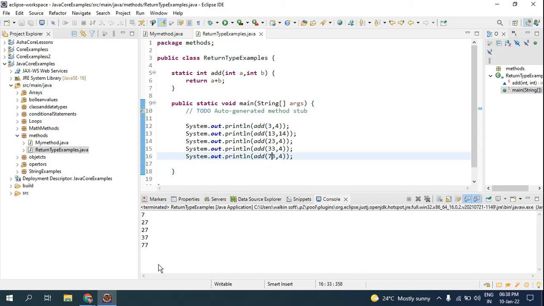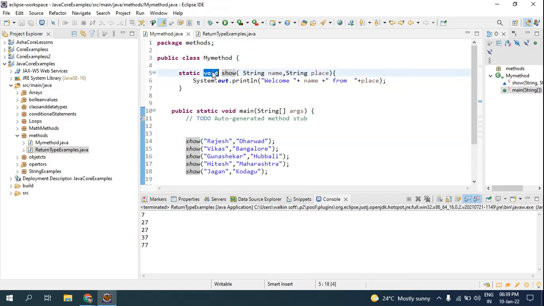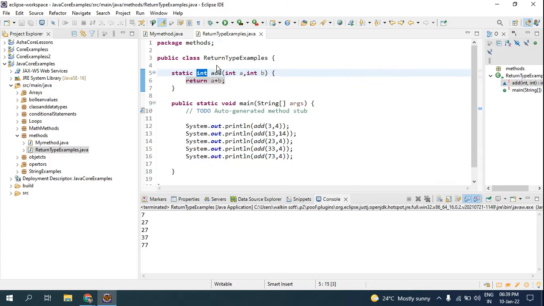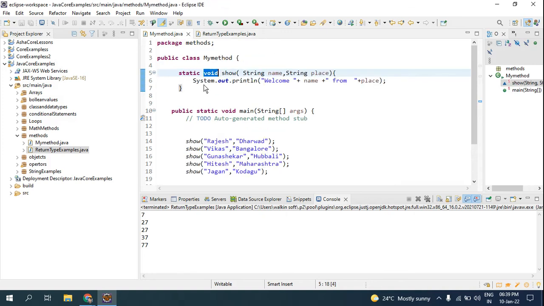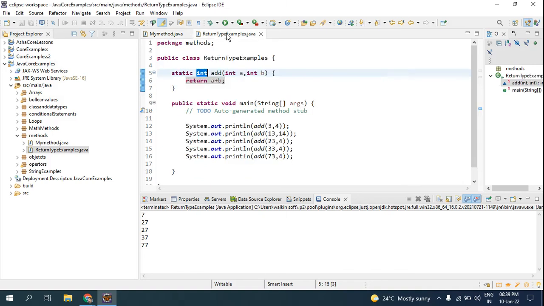is 77. So this is how it works when you use the int data type and the void keyword. If your method has a return value, you have to mention the data type. If you don't have a return type, you have nothing to return here, you will be using void. So this is all about the functionalities, I mean the methods and functions. One more example: as I said that day, for if else I have just used the condition. Now we shall see how to use that if else in a method.